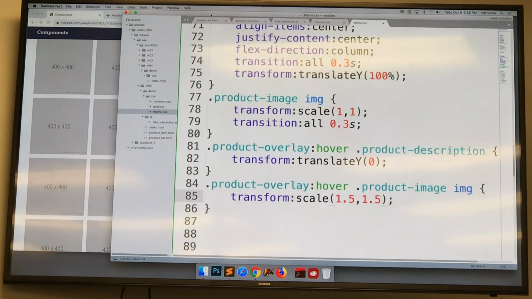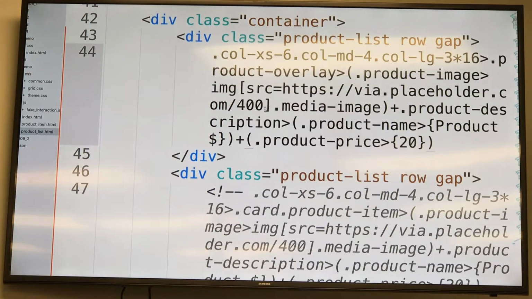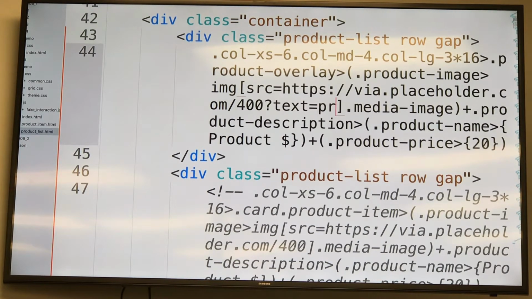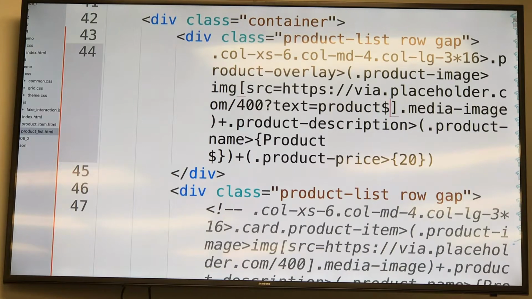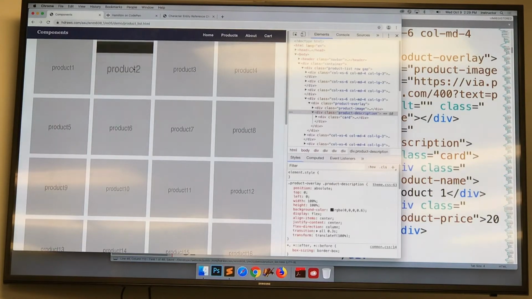Okay. Let's come back over to this product list and let's make a couple more changes. First of all, I'm going to come back into this image and say question mark text equals product dollar, just so we can see that better. And I'm also going to come in here and I'm going to say that the product description has inside of it a card, but then inside of that has our product name and our product price. Okay? Save that, refresh, and now,